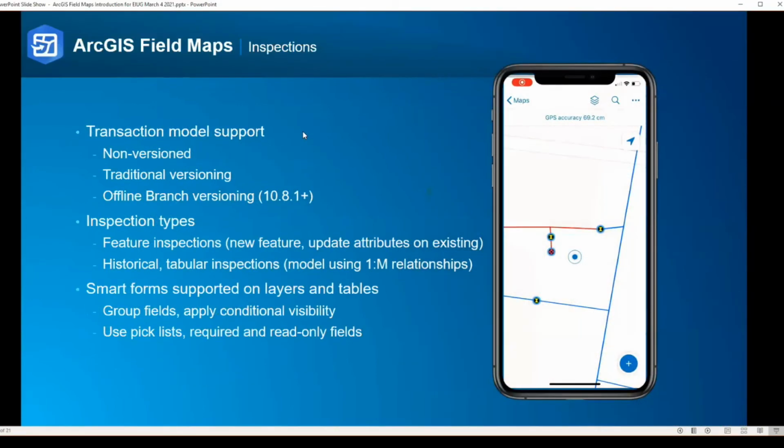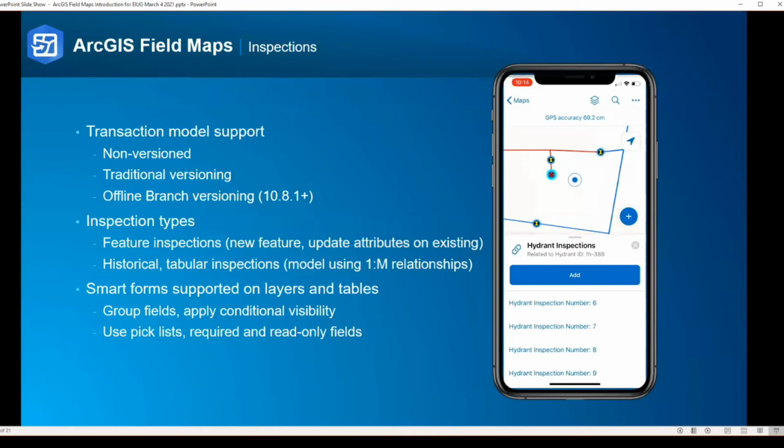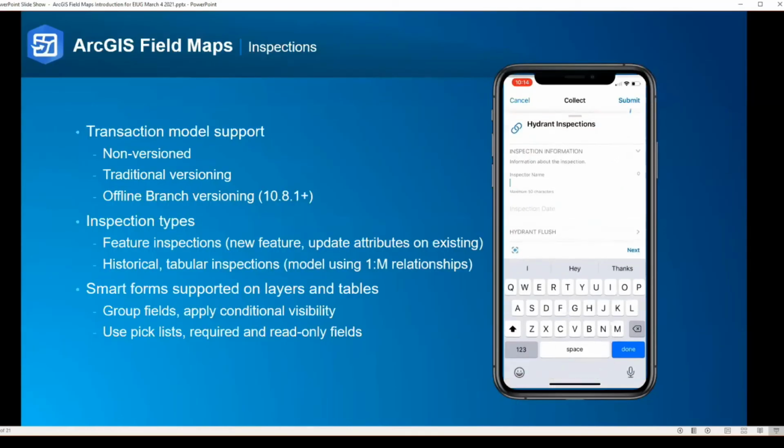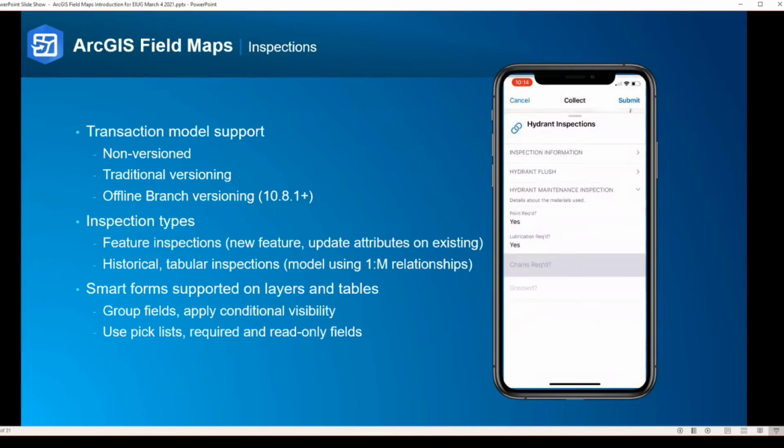A few things about one very common workflow dealing with inspections is that we now are supporting a new versioning model called branch versioning, which is if you're connecting with an enterprise rather than use ArcGIS Online, you can get access to a branch version. So branch versioning is a replacement for traditional versioning in that